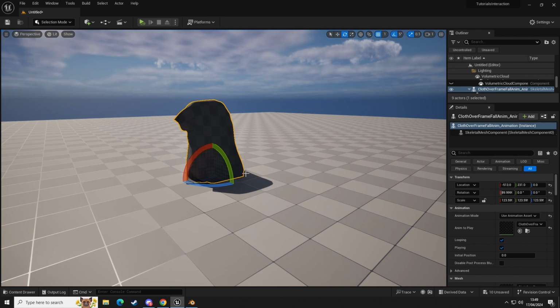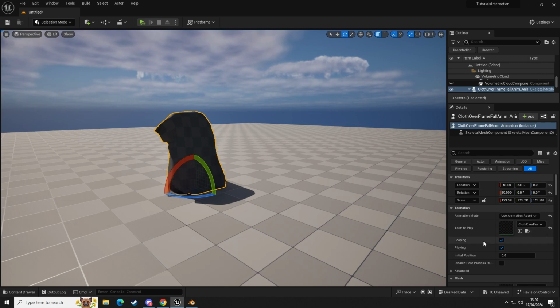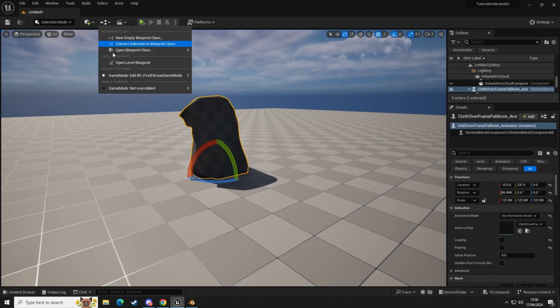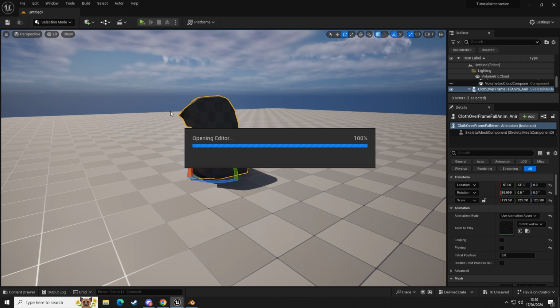If you wanted this to be triggered, what you could do is, if you select your animation, your object, and you've got it in your scene, uncheck looping, uncheck playing, and then in your level, go to level blueprint,